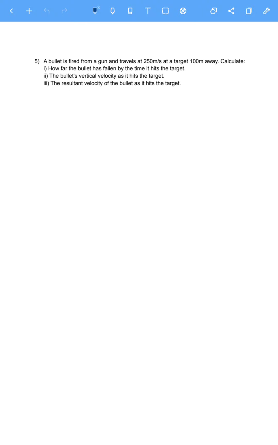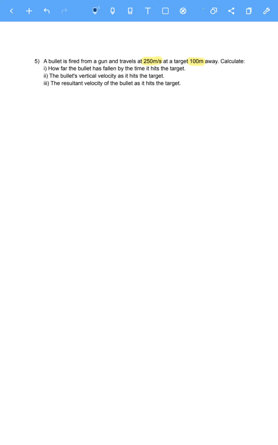So a bullet is fired from a gun and travels 250 meters per second at a target 100 meters away. And what we're going to do is calculate how far the bullet has fallen. Okay, this is an interesting one. So to calculate how far the bullet has fallen, we need to know how long it's falling for. So we can calculate the amount of time it's falling for by calculating the amount of time that the bullet